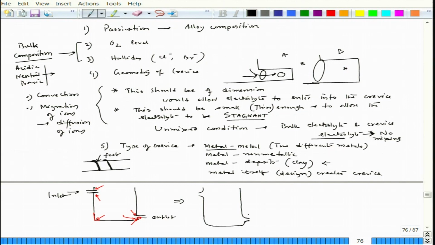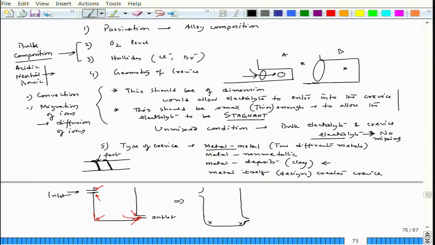Instead of giving sharp corners, we are giving a curvature or root radius, and that would avoid having a crevice. So, now the crevice is out, because we are creating a situation similar to this. In the earlier case, it was thin enough to allow water to go in, yet large enough for the water to enter, and thin enough at that local portion to let the water become stagnant. But now, with this design, there will always be flow, and that flow would not allow crevice corrosion to take place.